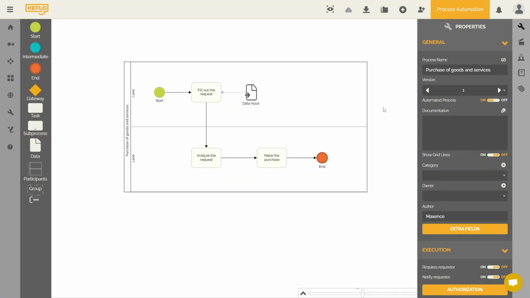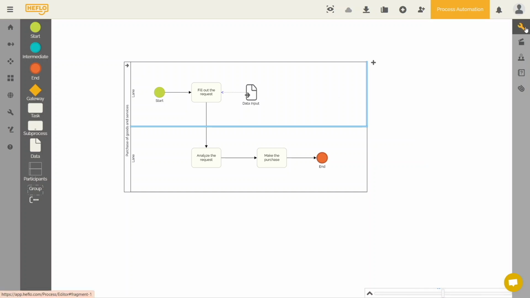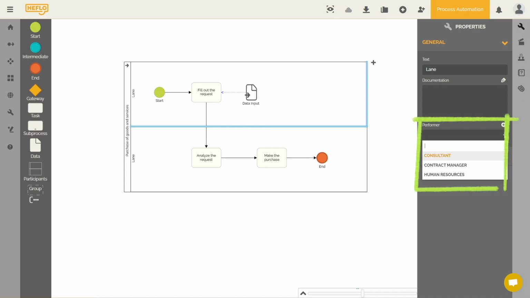I will ask you to follow this way. You will click here on the first lane, and by clicking here, if you don't see the screen, just click here on Properties. Here you have the option to select an existing participant definition or create a new definition.